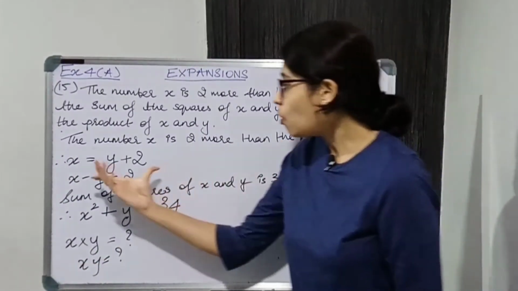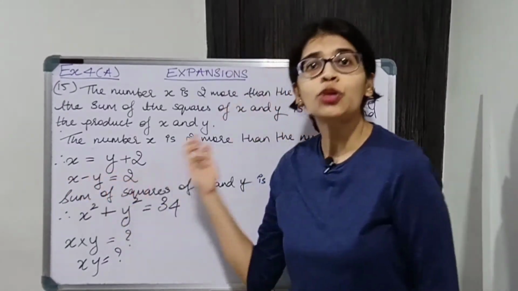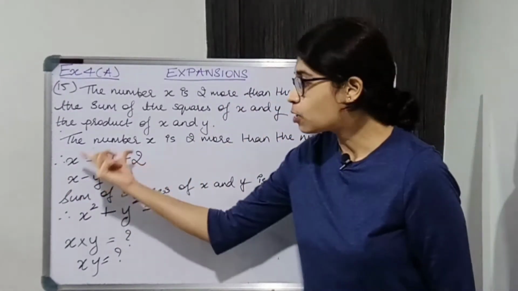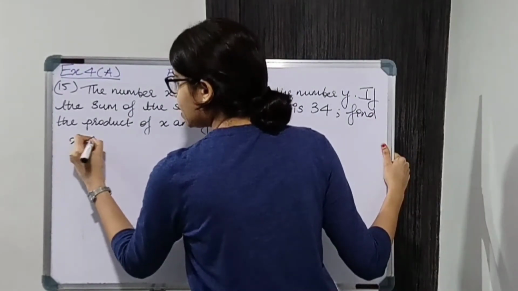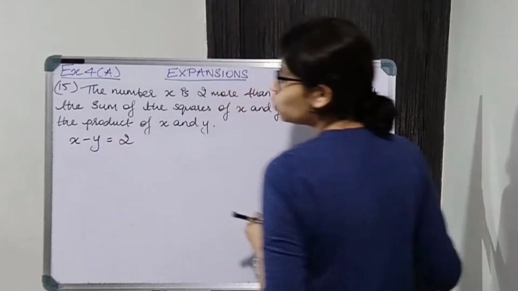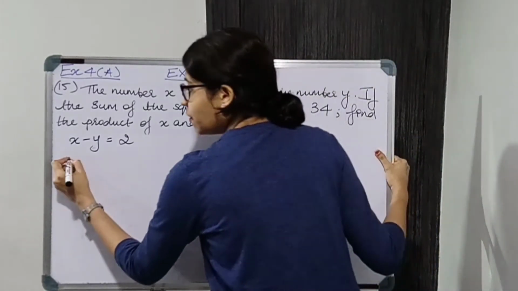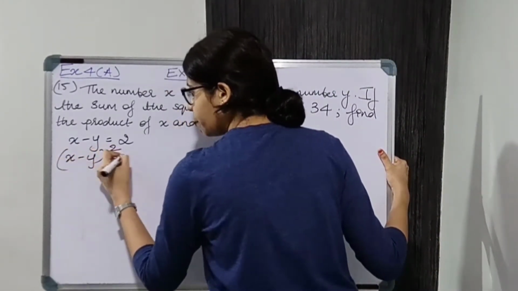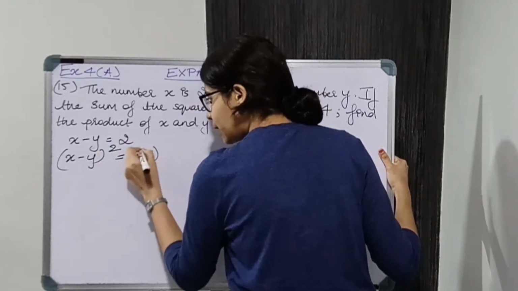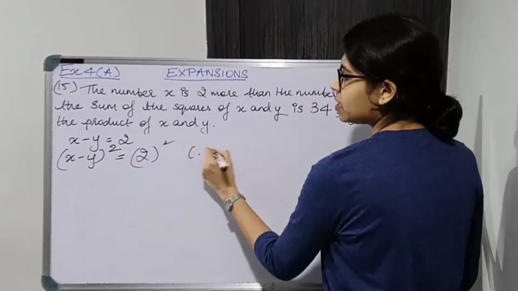Alright. So x minus y is equal to 2. We'll square it on both the sides. x minus y is equal to 2. When we square, what we do? x minus y, put brackets, square, is equal to 2, put brackets, square. Give reason, squaring on both the